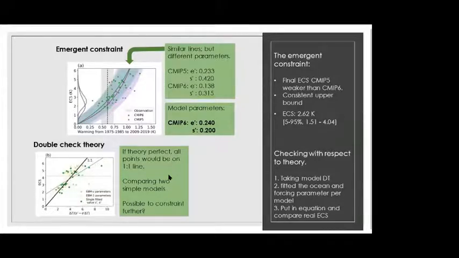I think that's answered. Okay, I'm going to take the chance to answer a question as well. For both the TCR and the ECS, the observation period used covers what we know as the surface warming hiatus quite strongly. So how sensitive would your results be if you were able to construct a different observational period that didn't have that kind of hiatus in it?